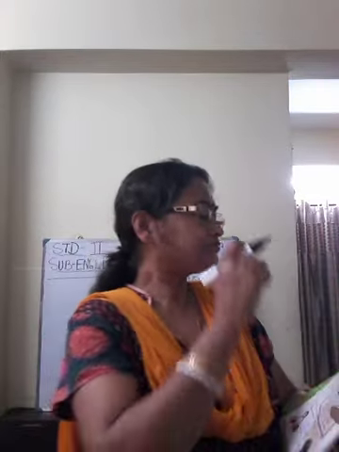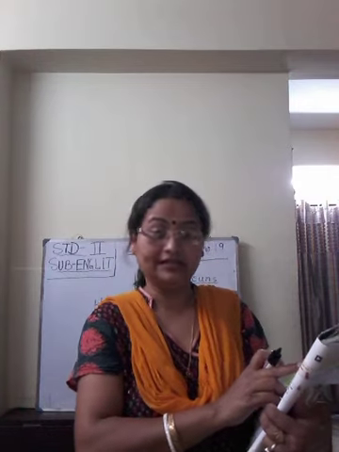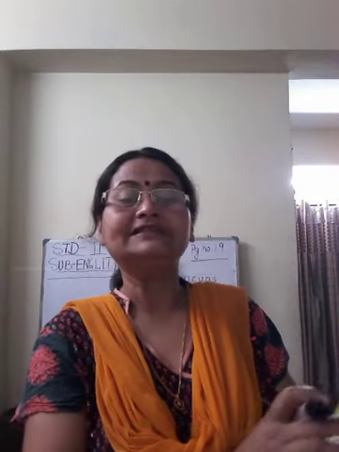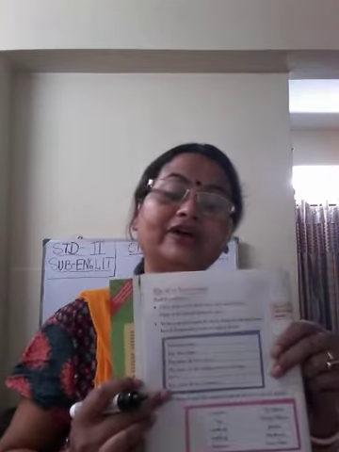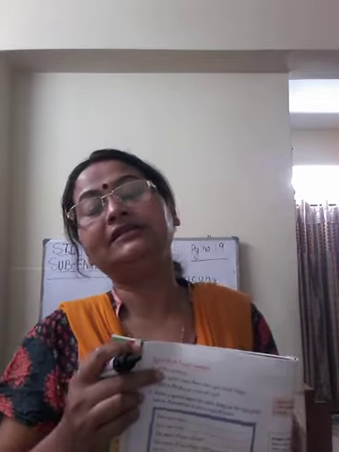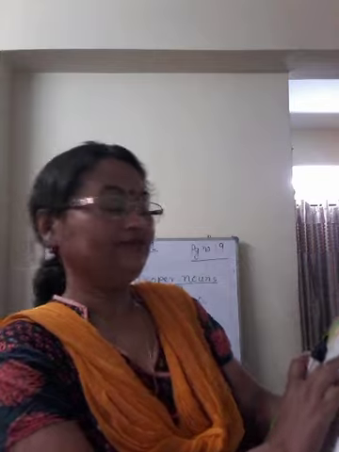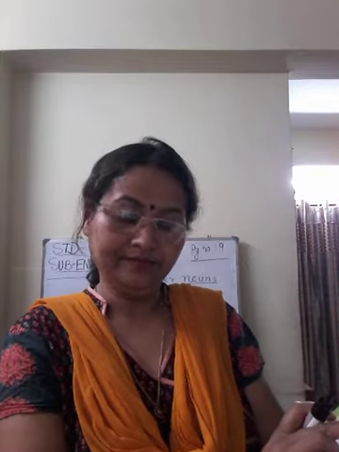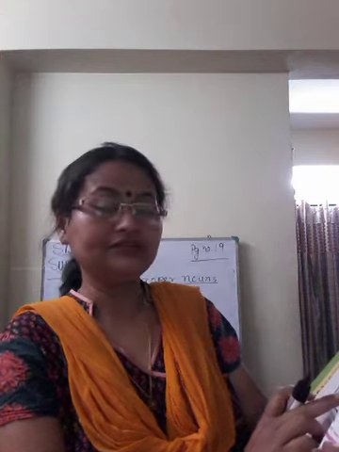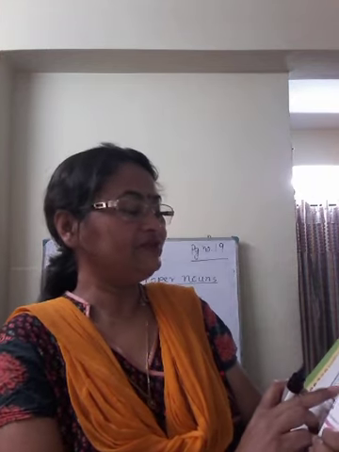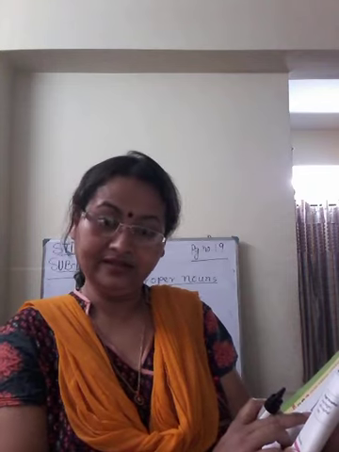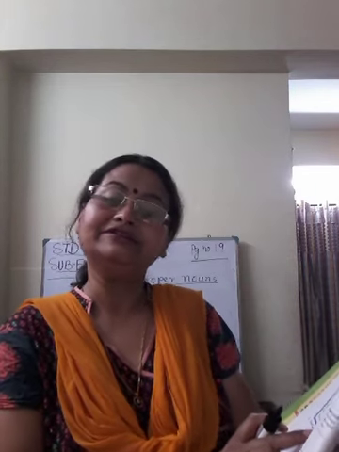This is number 1, page number 1. You have to fill it up in the book itself. This page you have to fill up. Okay. See, write a special name for each thing on the list given below. Remember to use capital letters. Okay. See, your first name, each one of you is having a book. So you will write down the special name, the exact name. Your first name, then your last name, that is your surname, the name of your school, okay, then the name of the village or town or city you live in, then the name of your country.